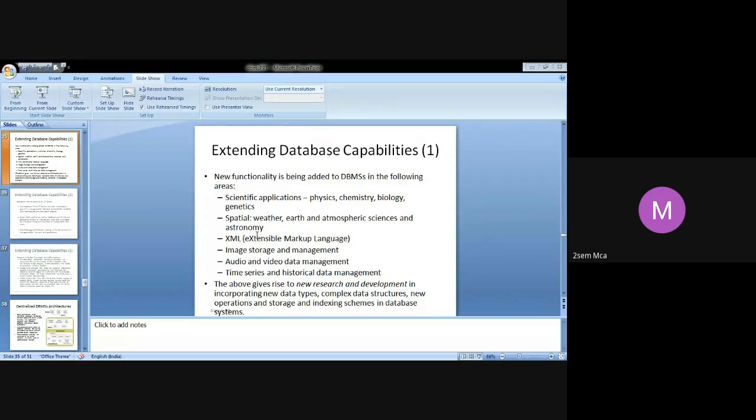And then came spatial applications, wherein you started using databases for weather information and geographical information systems. What is the weather at a particular point of time, whether it will rain, whether there will be a cyclone. These kinds of things they also started using databases for. Try to understand how the database evolved, where we started and to what extent we have come today in making use of databases.